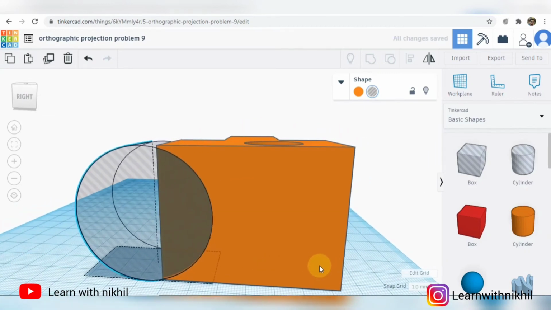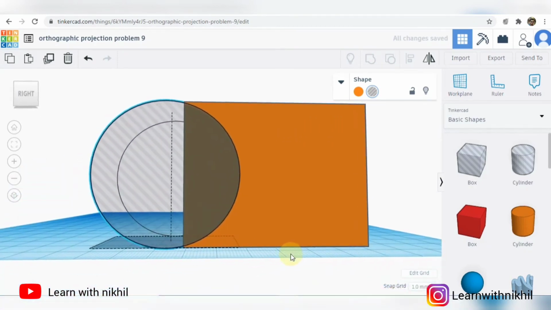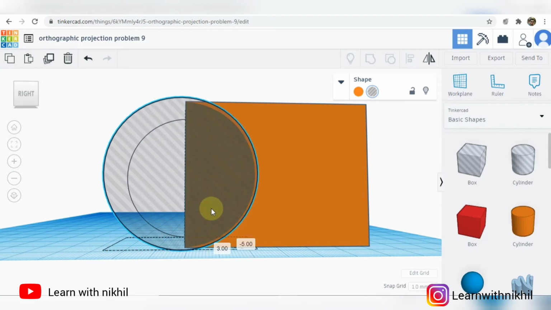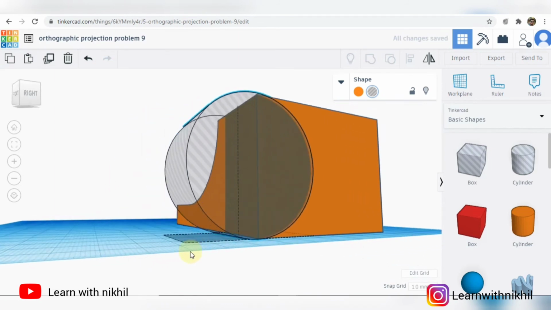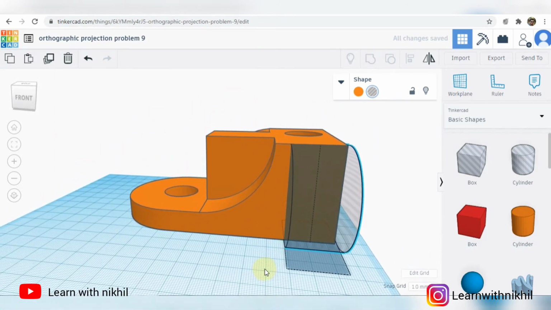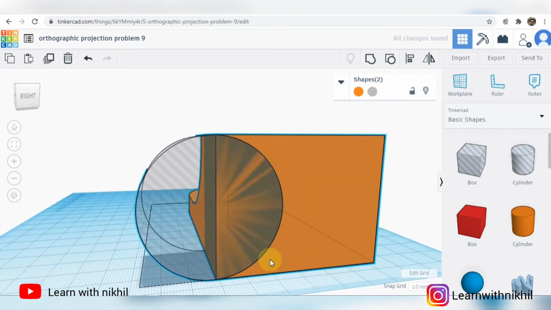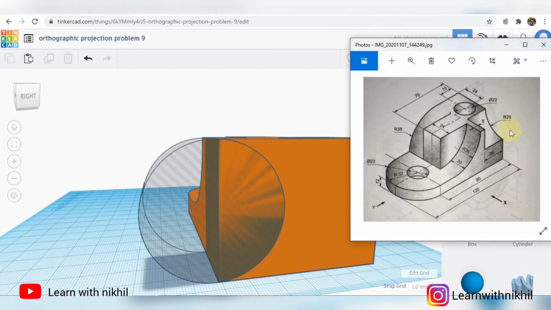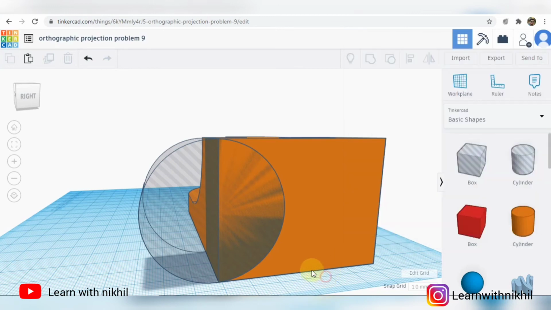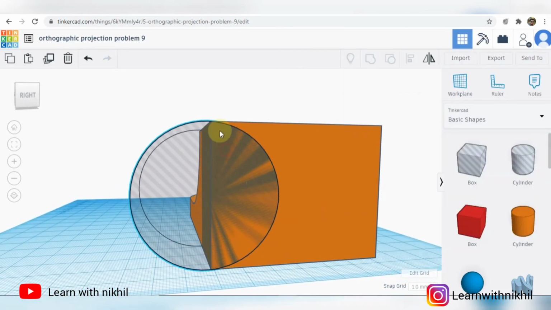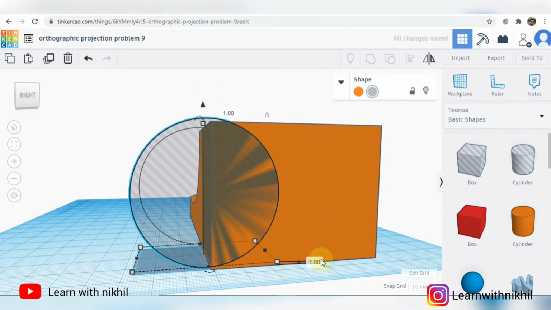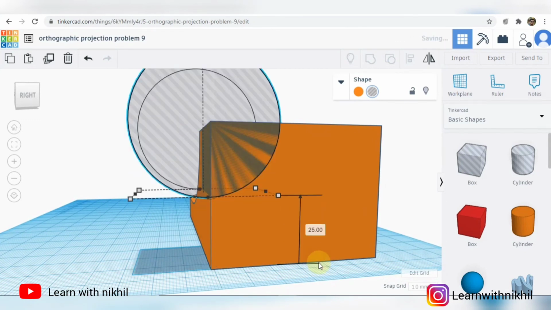Place it at the exact center of this cylinder. Just move it. Now this has been aligned exactly at the center. Now we'll move it upwards. Edge aligned. Now we'll move it upward to a height of 25 from the top.